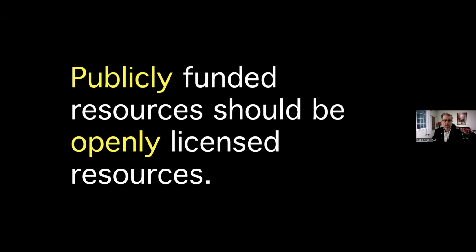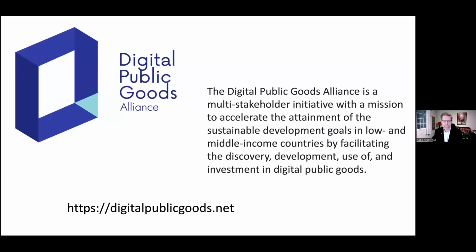When the Malaysian public pays taxes to the government and the Malaysian government funds research, that research should be open. When the Malaysian government funds education resources to be built or revised, those resources should be openly licensed or put into the public domain.